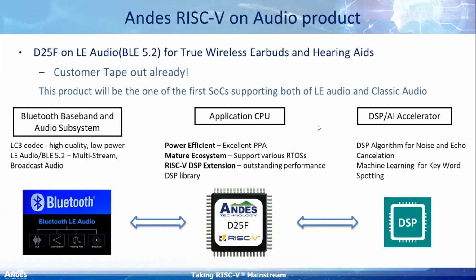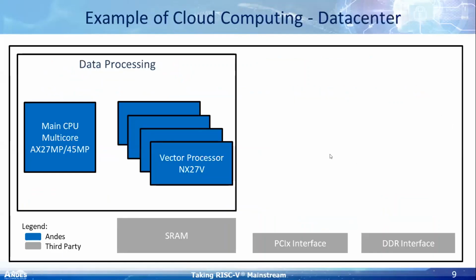Okay, after we have looked into the low power, let's look a little bit into the data center area. So here is an example of cloud computing, like you would use in a data center. Imagine this as an open compute card or some PCI Express card you're putting into your server. You may have some interface to the outside world like PCI Express. You may have some onboard SRAM for storage and also some DDR interface. And then your data processing,